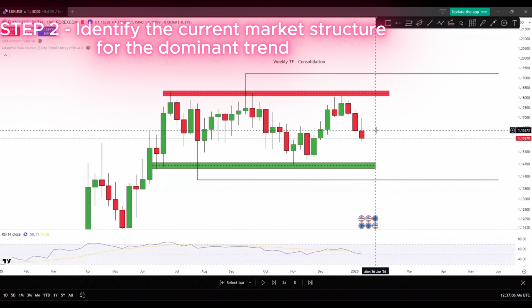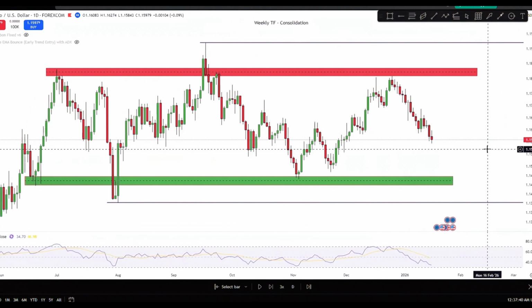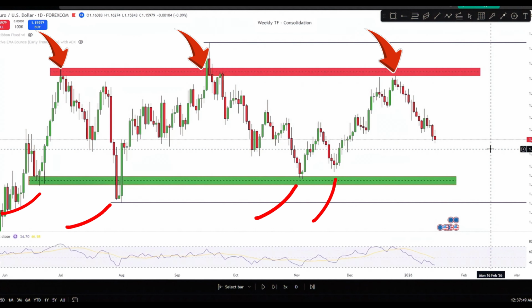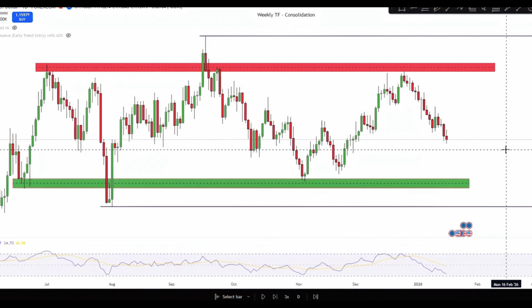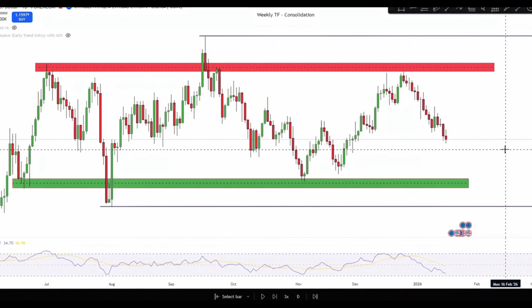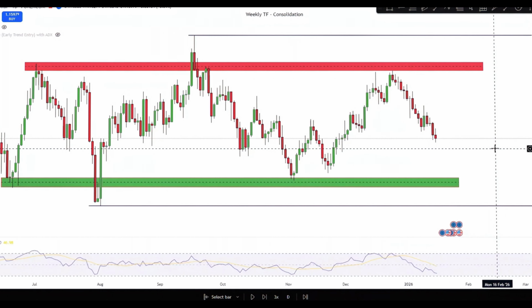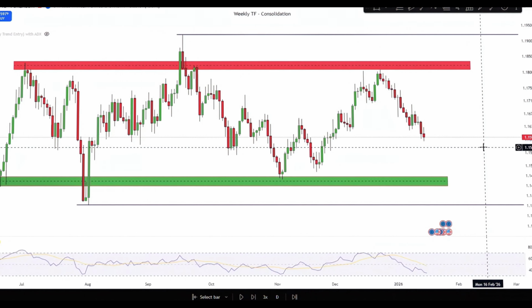So now we're going to move down lower to the daily chart. And the daily chart, we are using this chart for market structure. So seeing that on the weekly time frame we're consolidating, on the daily time frame we should see a clear zone of resistance and a clear zone of support, because whatever trend we have on the time frame that we choose for price trend, we should see the market structure for that particular trend on the lower time frame or on the next time frame below.